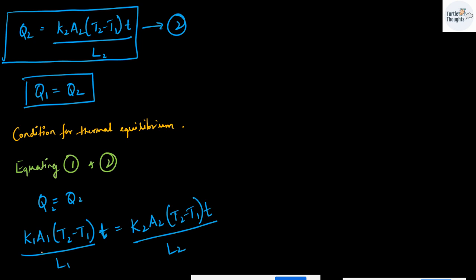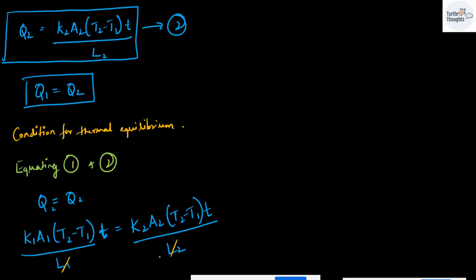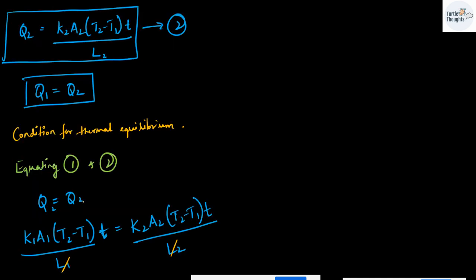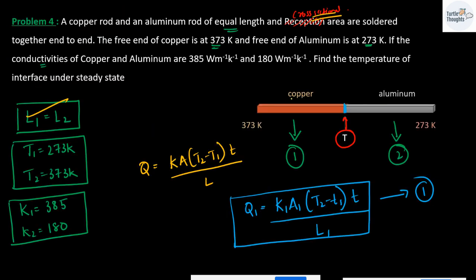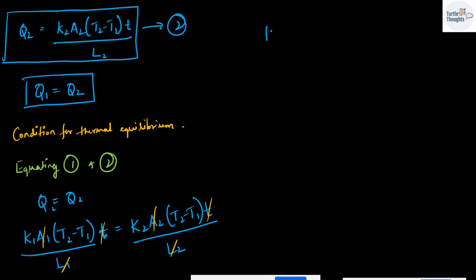Now I can cancel out whatever is common. Since the lengths are the same, the length can be cancelled, right? Since the areas, the cross sectional areas, are also the same, I can cancel that out as well. And the time is the same for both, whether it is aluminum or copper. I will be left with k1 multiplied by